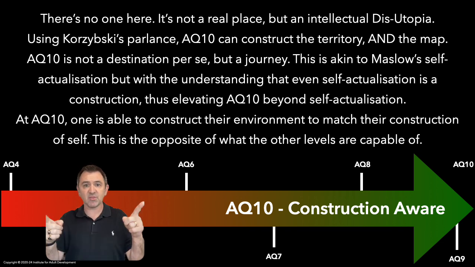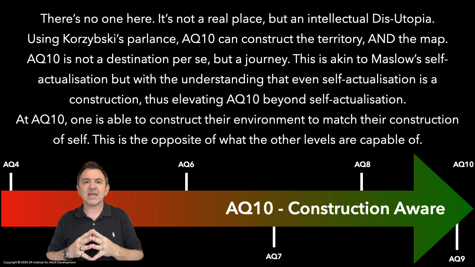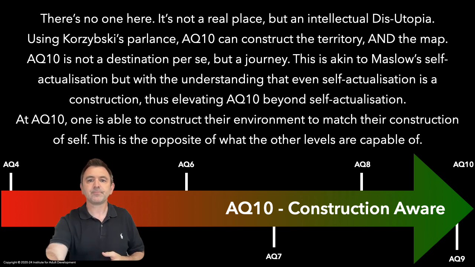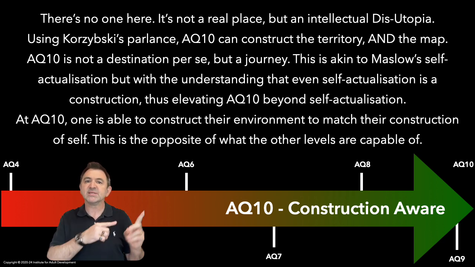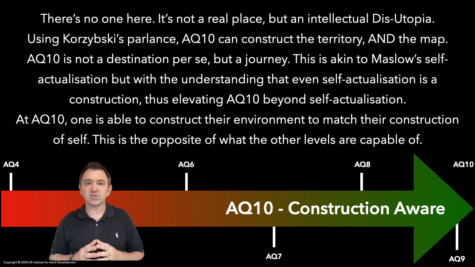And this is due to the fact that when we are capable of seeing the underlying constructions that constitute self, other, organisation, family, culture and so on, any conflict is inherently also a construction, and thus an expression of the multifaceted nature of the territory, the level above the map. People lower down the AQ scale often present to coaches and other professionals with problems of agency or utility. However, AQ10 people know that the problem is always a problem of construction. It is then further limited by the individual's level of self-construction. Please see our video on the next level coaching for more on that.